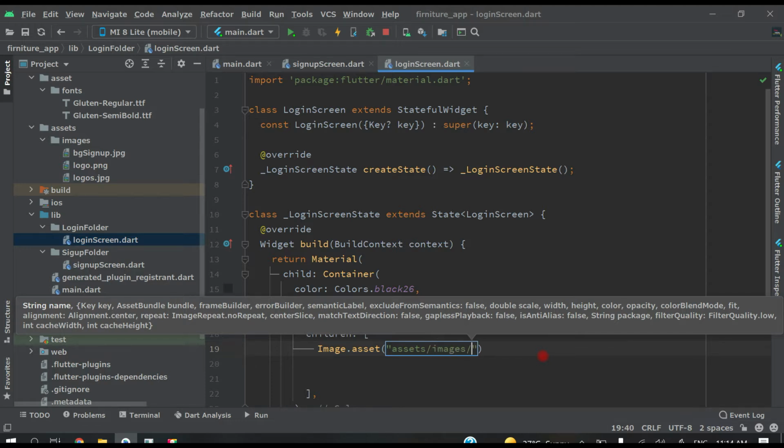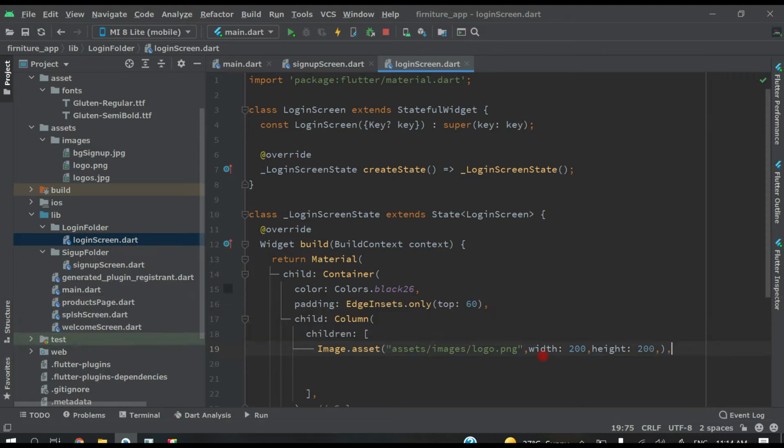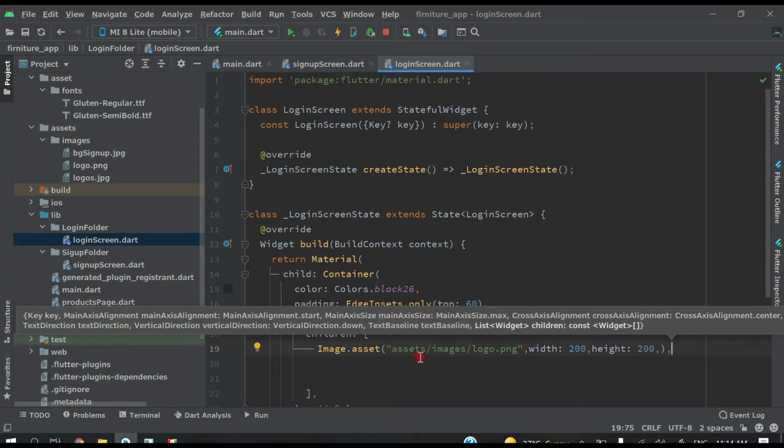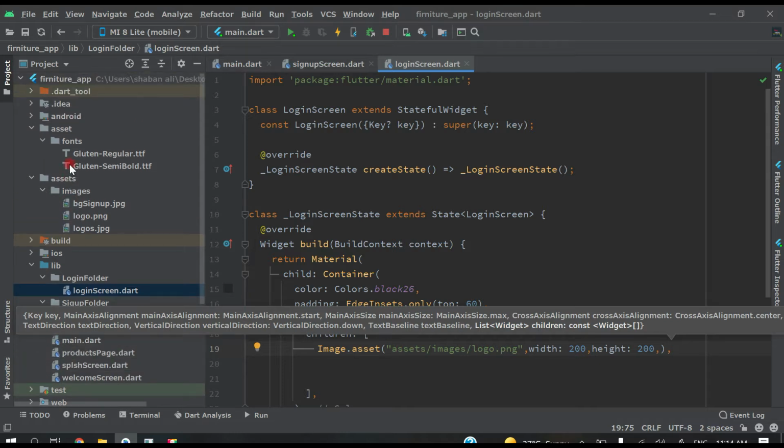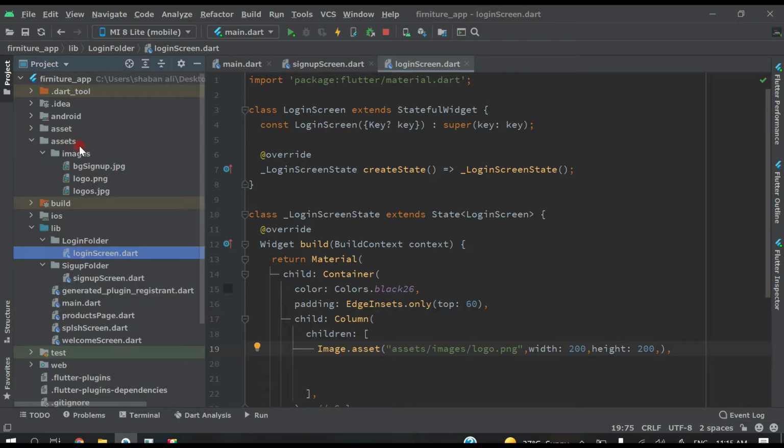Inside images we have this logo.png, and let's give width 200, height 200 also, and put a comma here. As you can see here, we have this assets folder. Inside this assets we have this images folder. Inside this folder we have this logo.png file which we are using here.